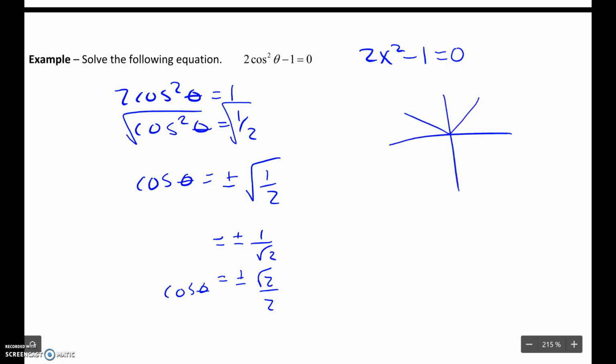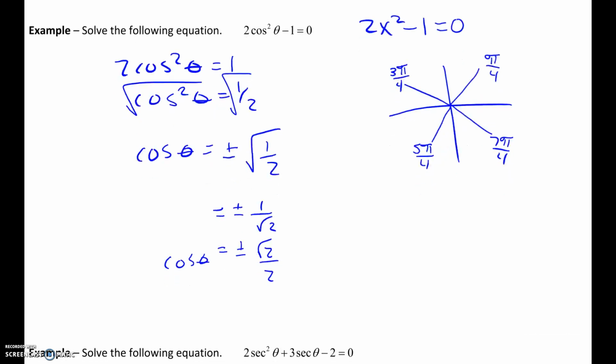Well, that's going to happen at all 4 of our 45-degree angles. So it happens at pi over 4, 3 pi over 4, 5 pi over 4, and 7 pi over 4. Since we're doing plus or minus, it's going to include all of those. We don't have a restricted domain, so when we solve this, we want to know all of the places. So it's going to equal pi over 4